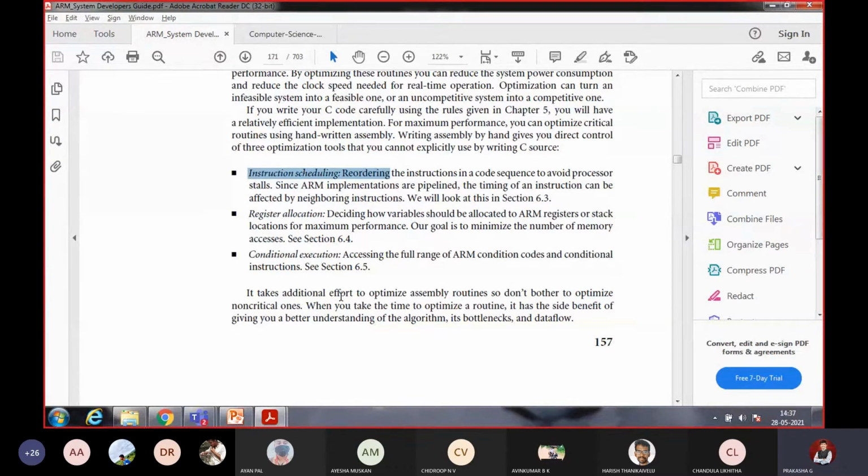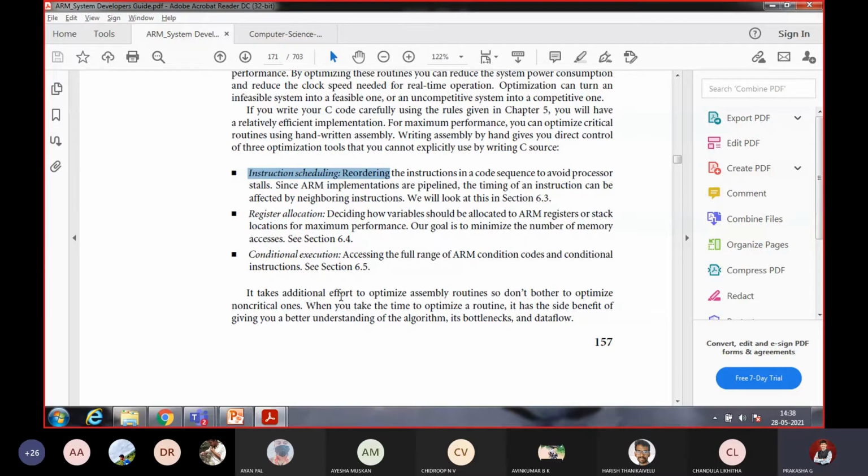That is one thing. Conditional execution: accessing the full range of ARM condition codes and conditional instructions. You should make effective use of the conditional instructions so that you can keep repeating the same code, so that the instruction size will not increase, execution time will not increase, and the number of cycles will not increase.